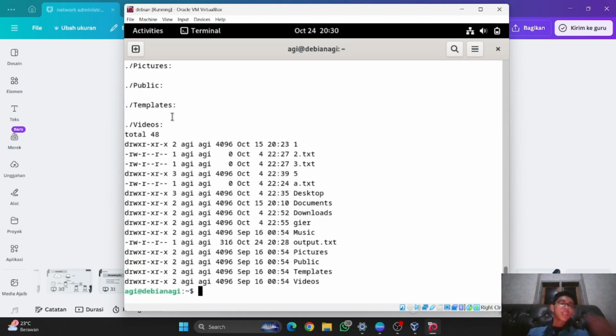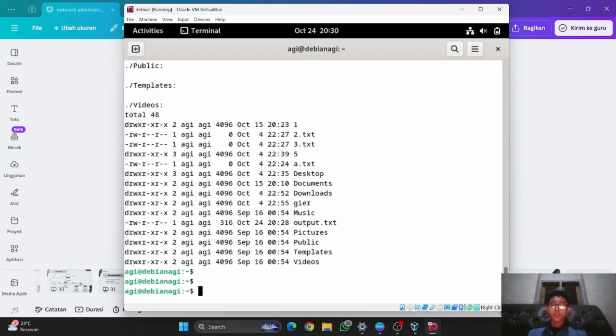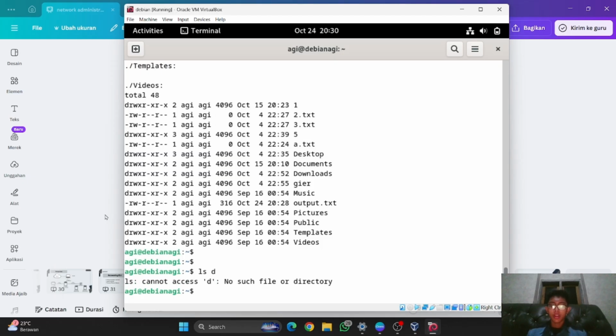And for the next one, if I want to make the error message into a file, for example ls d like before, as you can see it shows ls: cannot access d, no such file or directory, and I want to make this message into a file.